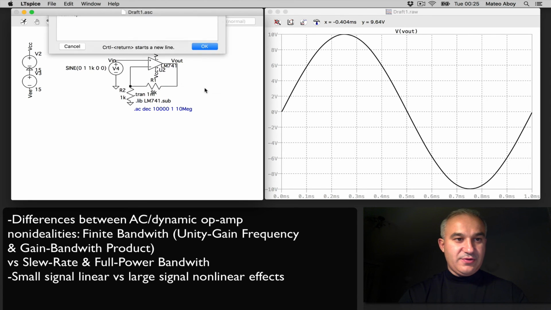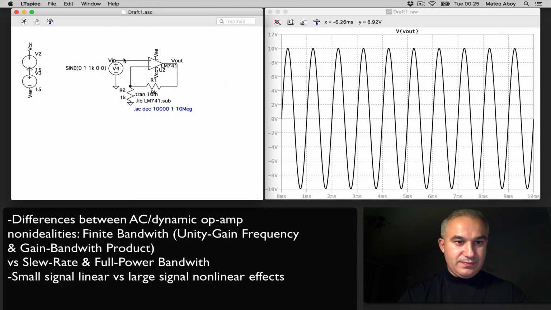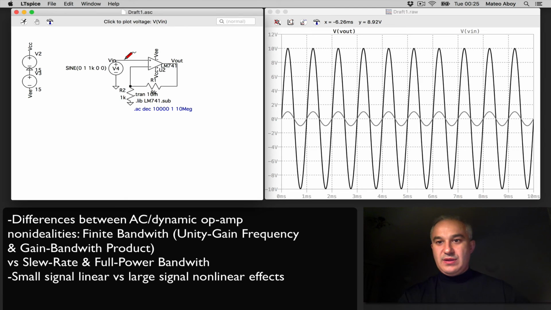So let's start here with 1K input, input 1 volt, output 10 volts. Again, if you have an application where this is the frequency range where you're operating, and these are the output levels, it's ideal. Now,